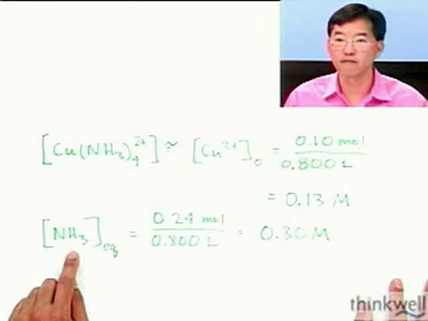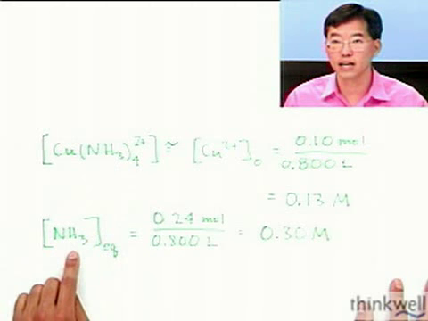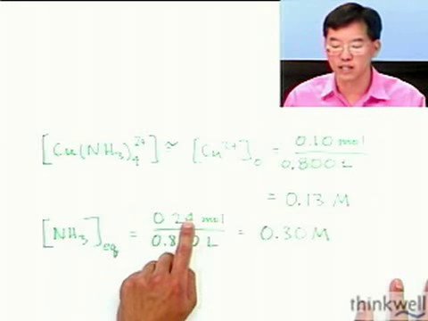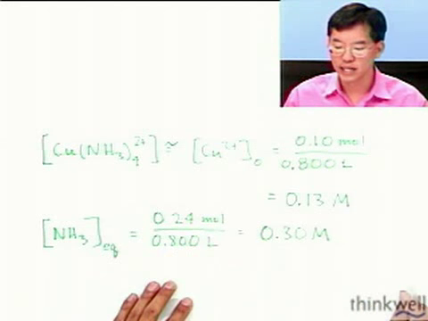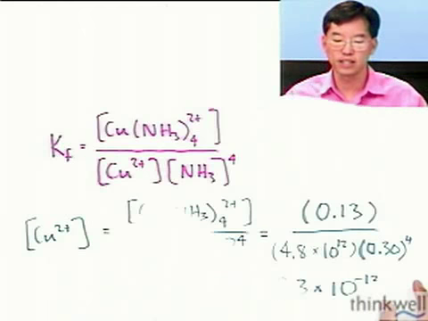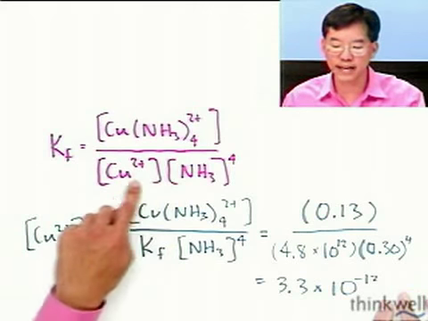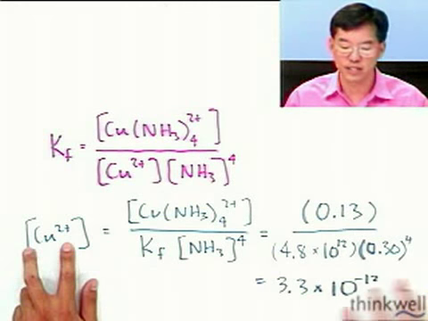The concentration of ammonia at equilibrium, so that's an equilibrium concentration, is given by the ammonia that's left over divided by the volume of the solution, and that's 0.30 molar. And now we can take these two pieces of information and plug them into our expression for the formation constant. We're going to rearrange this expression for the formation constant, put the copper 2+, that's what we're interested in, by